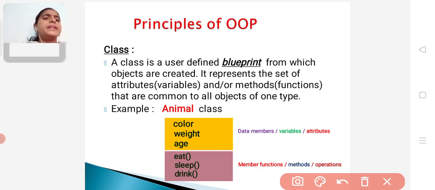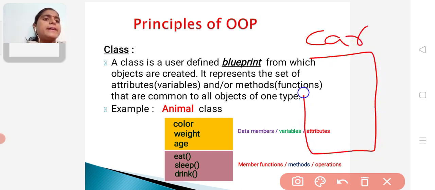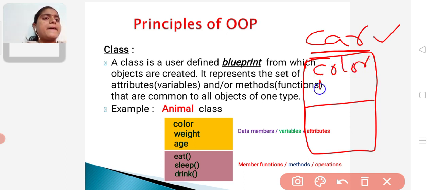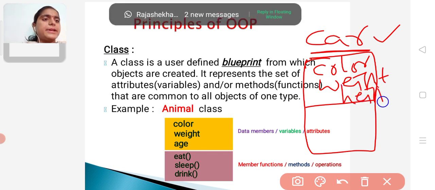Take another simple example, a car. Here car is the class name. This class contains some attributes like color, weight, height, right?